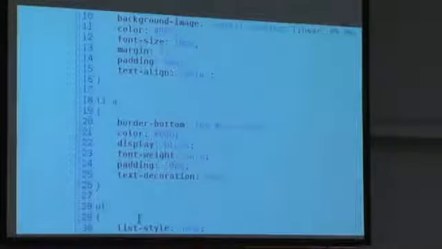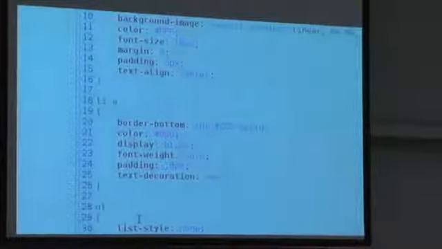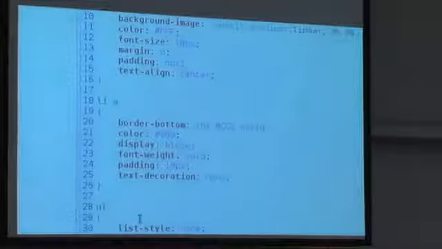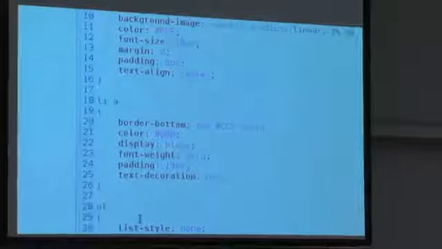The details here are not important, but notice that I have stylized tags like the H1 tag, the LI tag, the anchor tag, and so forth. And I took some time to come up with a border bottom, or someone spent the time coming up with a border bottom and color and display and padding and so forth, to give us rectangular buttons and clickable things on the screen. So if I now include that CSS file in my same kind of HTML file,